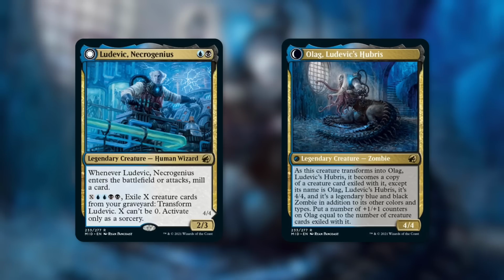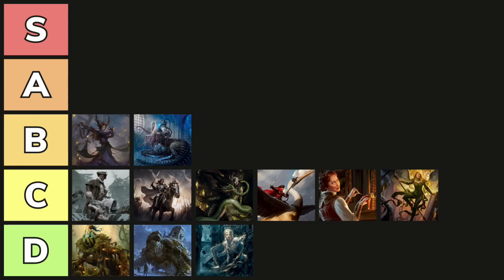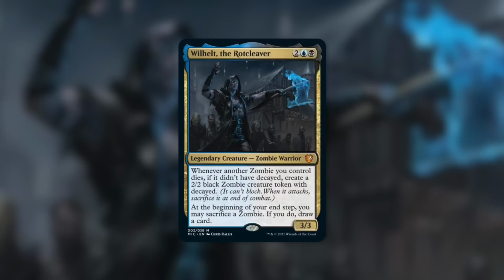So again, like a lot of the other commanders on this list, Ludovic had a lot of potential. But at the end, Ludovic, you fell flat, and though you might be a Necro genius, you're also very much in the B tier. But now let's move on to another Dimir commander in the B tier with Wilhelt the